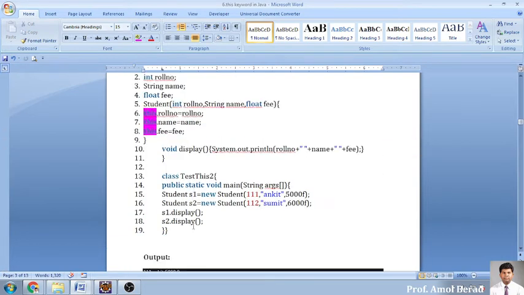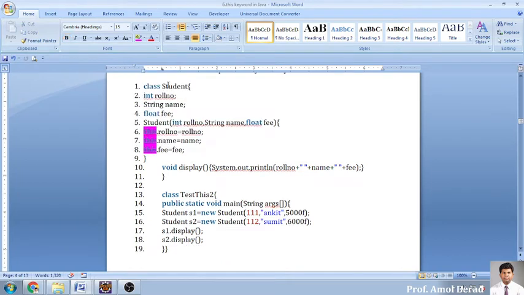So in this example I have used this keyword over here, and this will be helping us to use the same name. I will be using the same name, and I will be referring to this variable with this keyword. Okay, so I will be referring to this roll number with this keyword, and I will be getting the output. जो मैंने यहाँ पर लिखा था वो output मुझे दिखाई देगा.